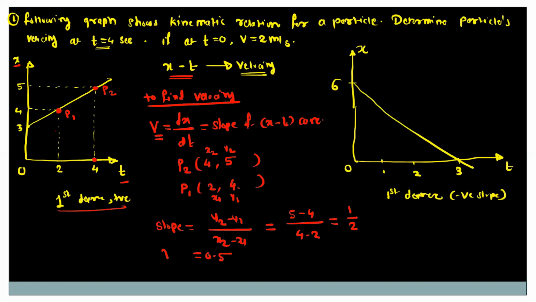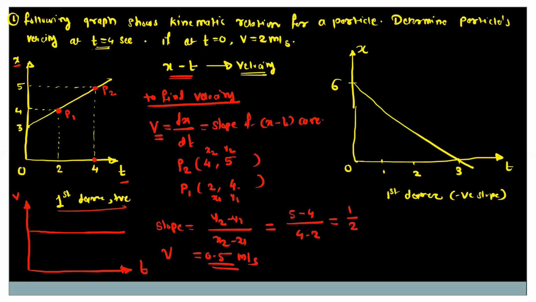That means for the first degree curve, which is a position-time graph, the velocity graph will be a constant value, that is 0.5 meter per second. If you plot the velocity graph, then this is the velocity-time graph. For all times, that is time 0 to infinity, velocity will have the constant value. So this is the 0 degree curve, and this constant value is nothing but 0.5 meter per second. So if you take the velocity at t is equal to 2 or t is equal to 4, it is 0.5 meter per second.